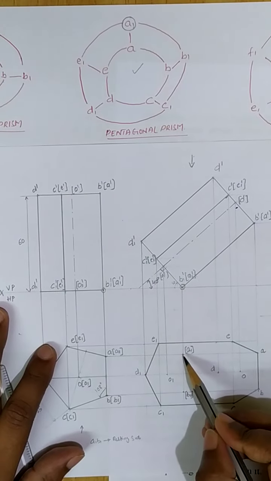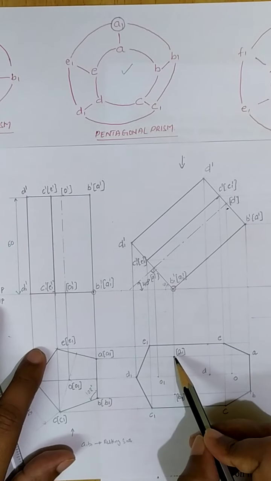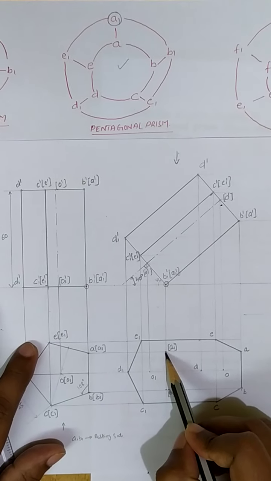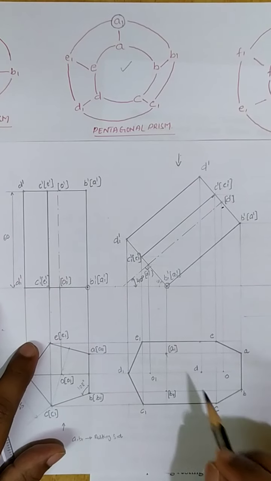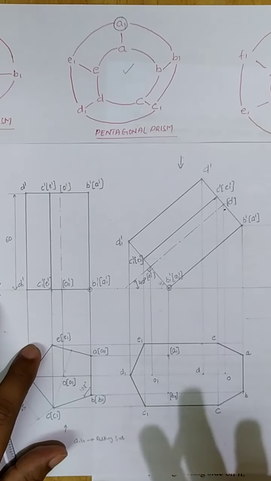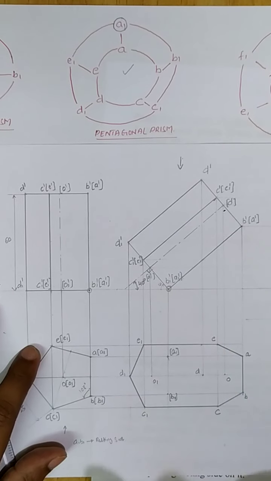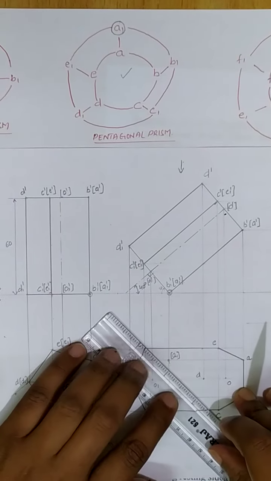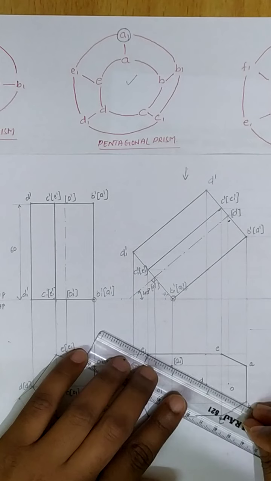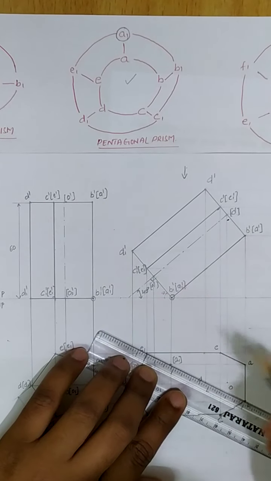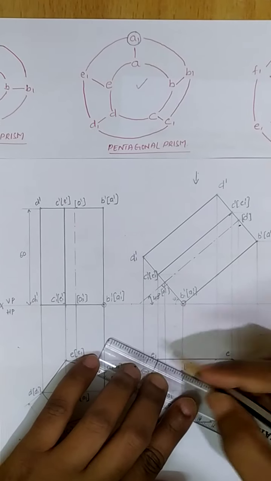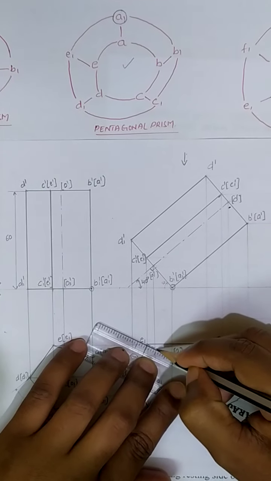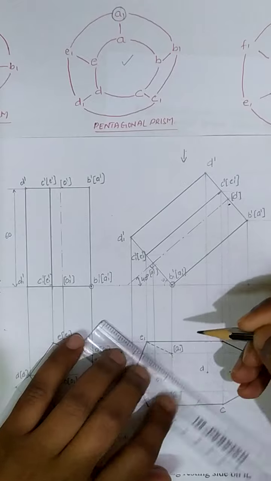So right now how many lines do we have? We don't have a single line that is starting from A1. Hence I need to draw those three lines as dotted lines. If any line comes on the boundary, you don't touch that boundary line, you keep it as a continuous line. Since I don't have any lines right now with respect to this point A1, I should draw the lines starting from A1 as thick dotted lines. So these lines must be the hidden lines.